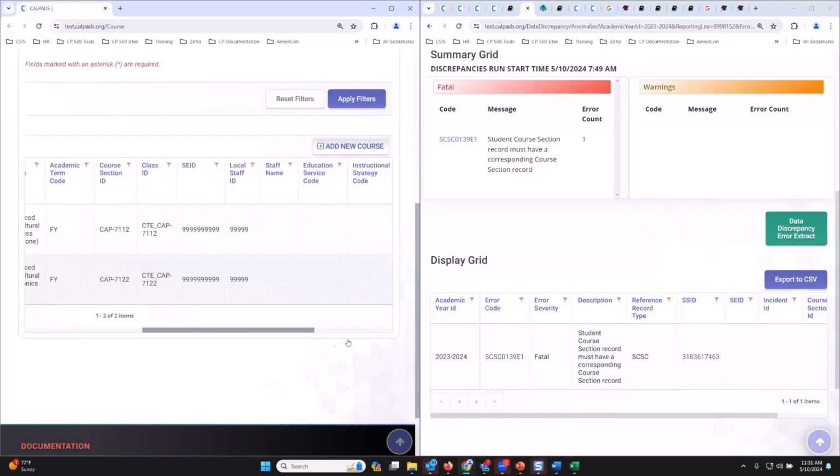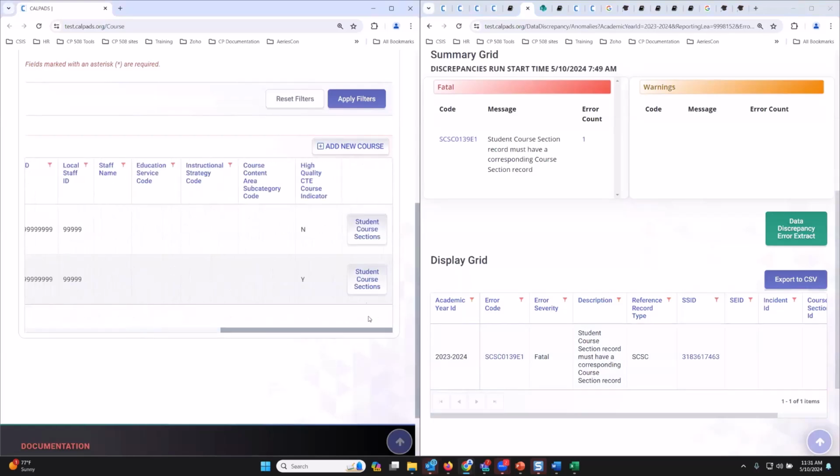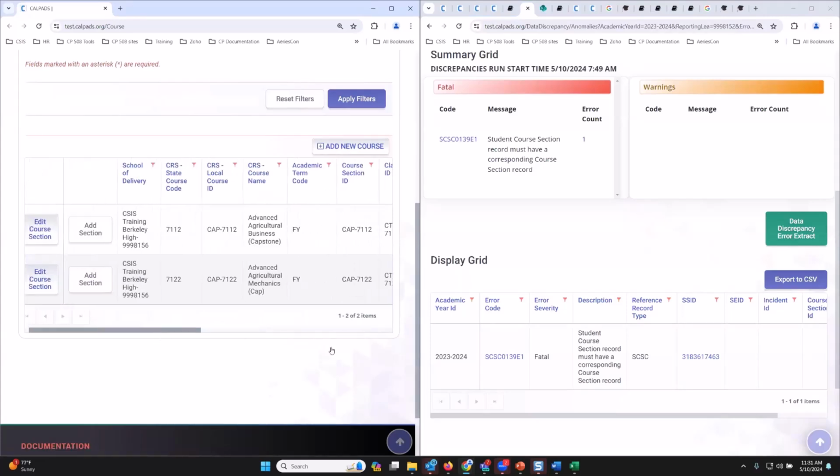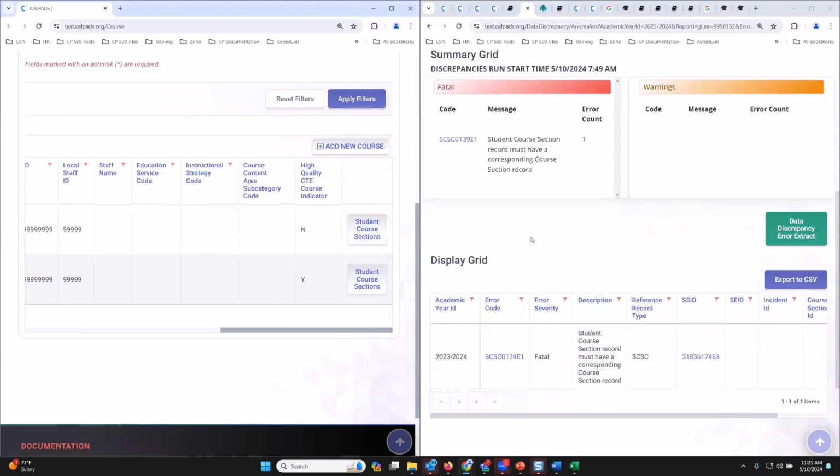Or you can just go here and add the students in this course section. Okay, so that's how to resolve SCSE 139.